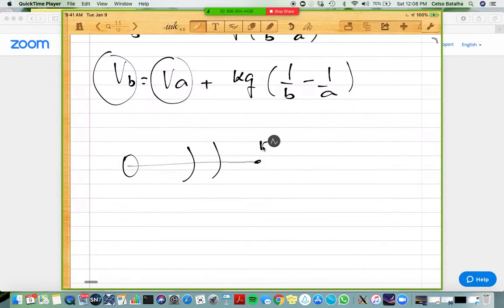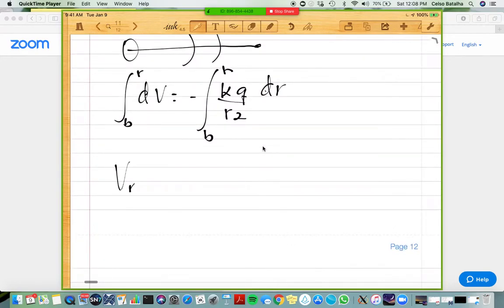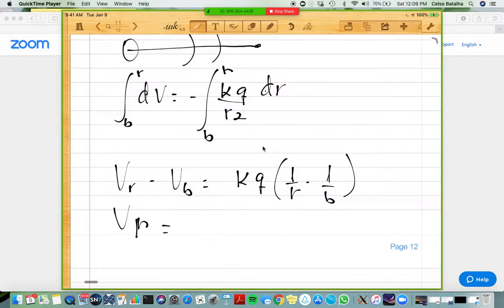And you know what we're going to do? dV is equal to minus E dr, and the electric field is of the following expression, and we are integrating from B to R to find the voltage at R, and then VR minus VB is equal to kQ times (1 over R minus 1 over B), and then we can find our VR as a function of VB,